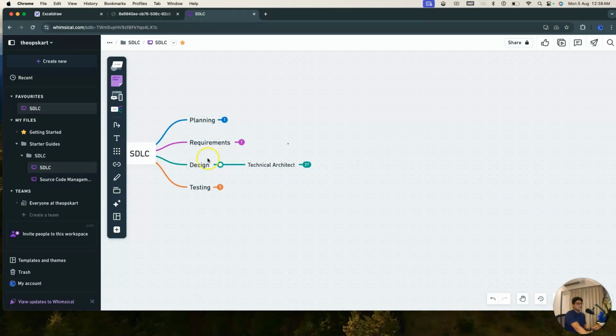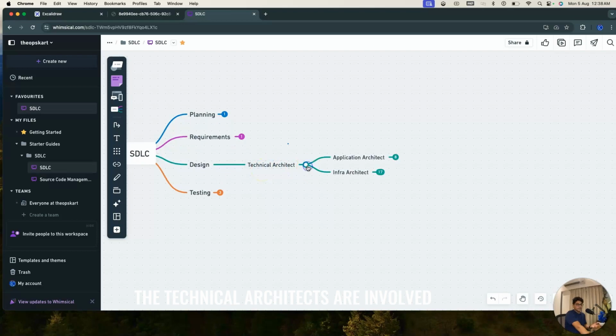If you can see in this architecture diagram, in the design phase the core technical team is involved, the technical architects are involved, and there will be two technical architects. One will be the application architect, and the second one will be the infra architect. So let's discuss the roles of those guys. The application architects are the people who are basically designing the software, right? So they are responsible for